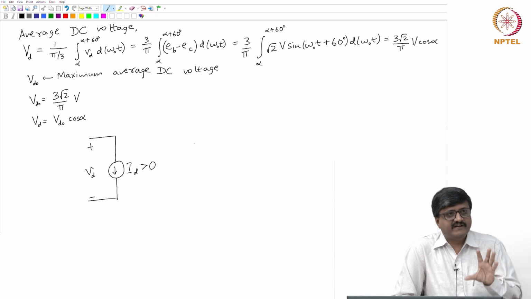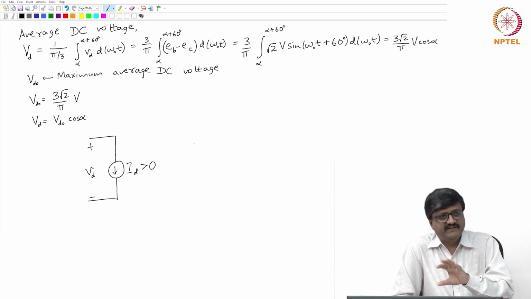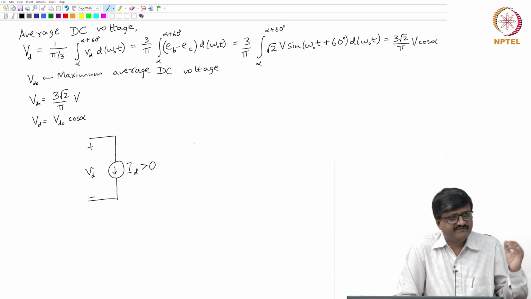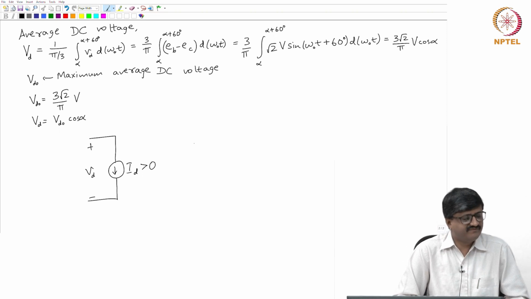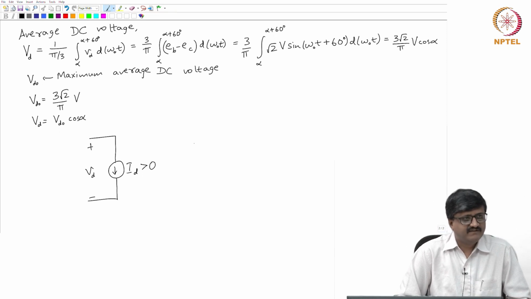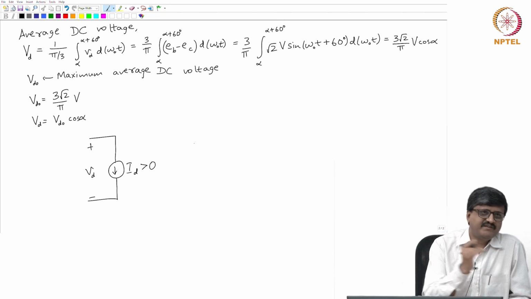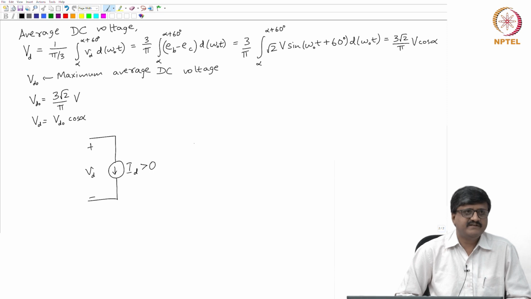Okay. So, a converter has distinguishable AC side and DC side. AC side has 3 terminals. We always work with 3 phase, of course, as far as this course is concerned, and DC side has 2 terminals. So, if the average power flow is from AC to DC side, then we say the converter is acting as a rectifier. If the average power flow is from DC to AC side, it is said to operate as an inverter. So, that is the definition.